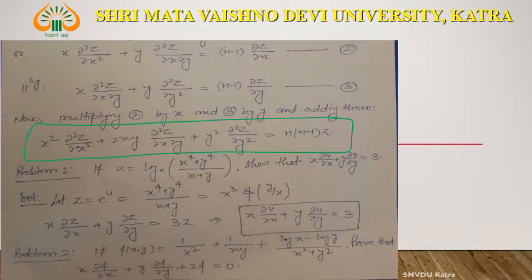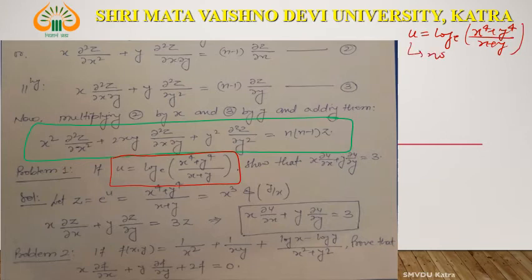Now we will solve some problems related to Euler's theorem on homogeneous functions. Now consider the first problem. The first problem is, if u is this. Note that this u is not homogeneous. What is u? u is equal to log of x to the power 4 plus y to the power 4 divided by x plus y, right? This u is not homogeneous,